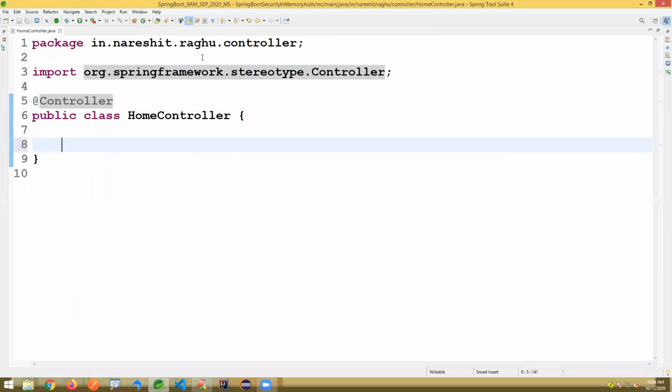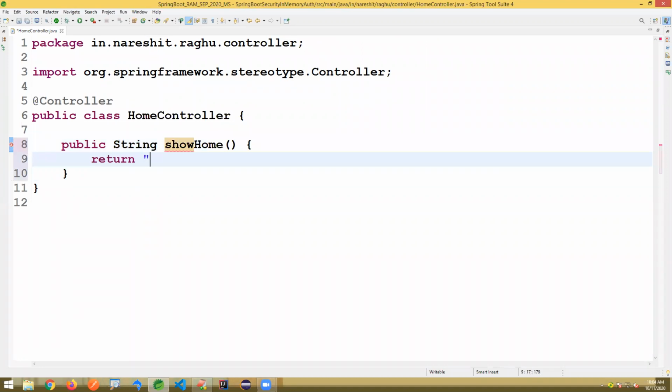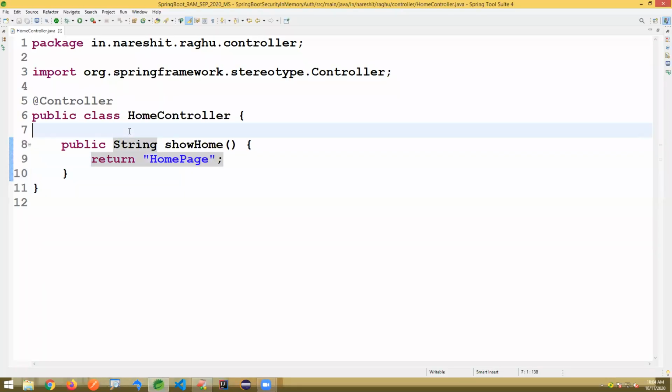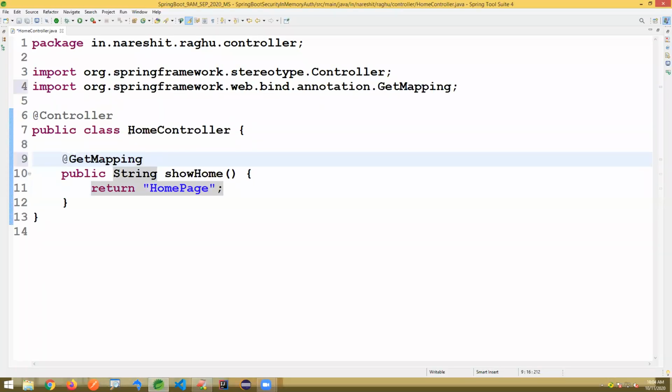I'm defining multiple methods. Public String showHome is a method, return homePage. When you enter the URL /home, I'm considering all types to be GET only.